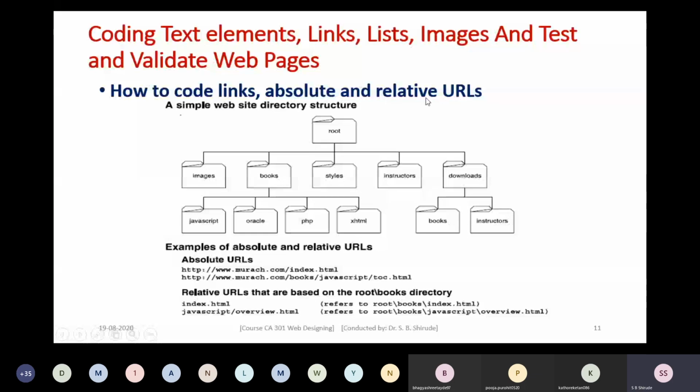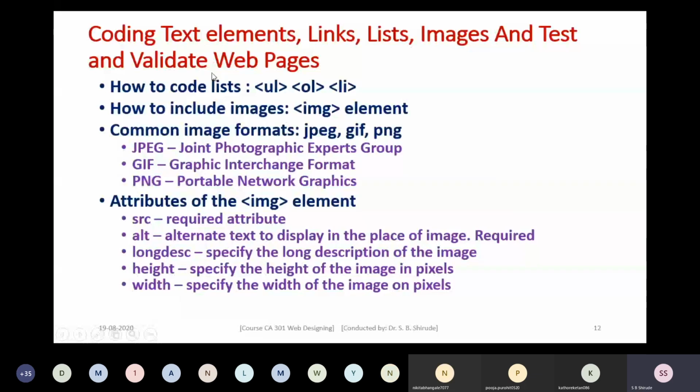There are two types of lists which I have put over here. Actually, there are three types of lists. One is unordered, the second is ordered list, and the third is definition list. But for this particular topic of lists, there is a separate detailed chapter in your syllabus that we are going to cover. In that chapter, we are also going to learn the CSS features that you can use with lists. At that time, I will tell you about the definition list.